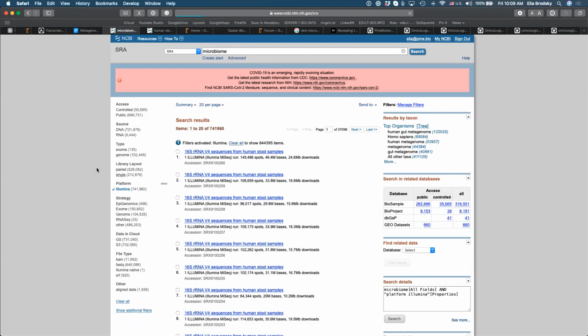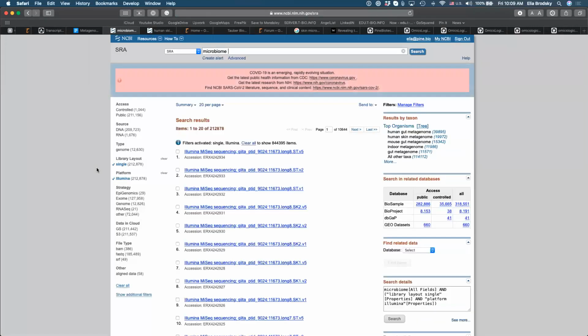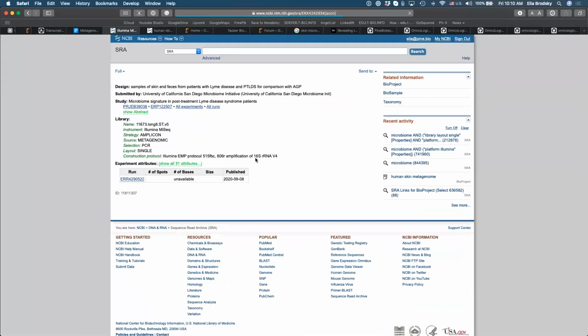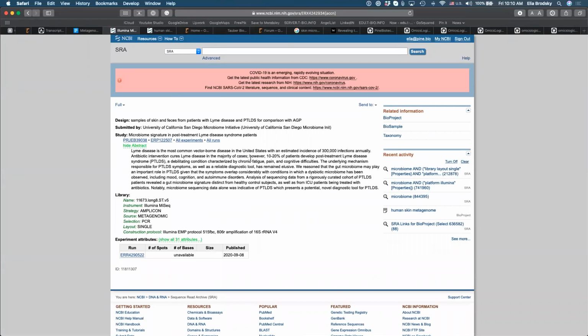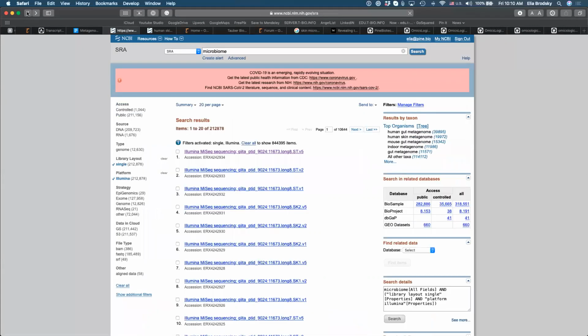Obviously, if you go for the single ones, you can see samples of skin. Let's see. Okay, yeah, this is amplification of V4, even though it is single.